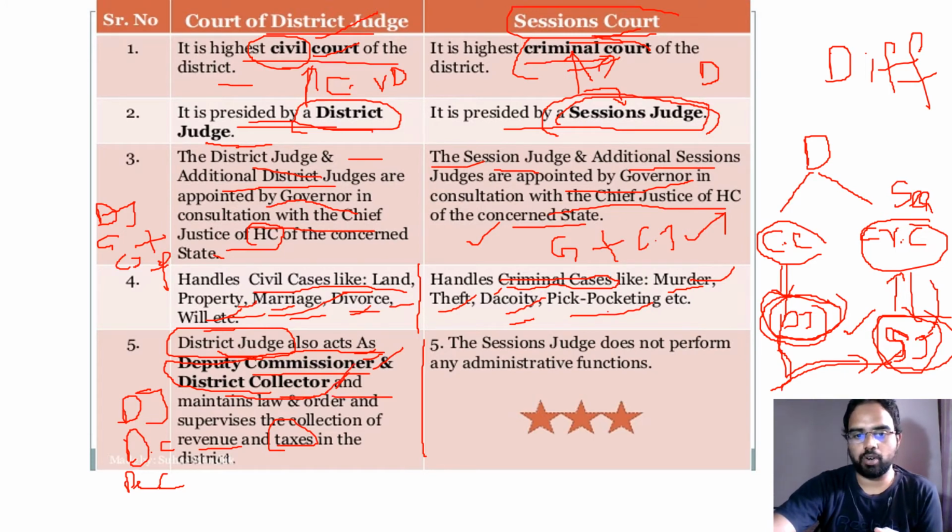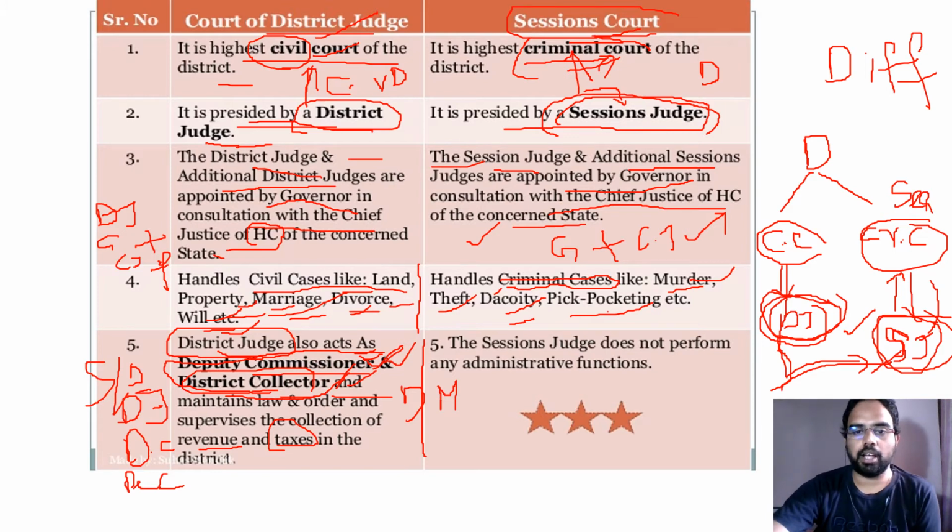The district collector is also called district magistrate, as he has some magisterial functions, some kind of judicial functions. But the sessions judge, who is also called district judge, is higher than the district collector because he possesses even the powers of a district collector. The district judge is more powerful than the district collector. So administrative wise, the district judge will also exercise the functions of district collector and deputy commissioner when needed.